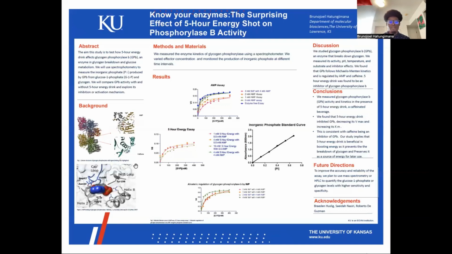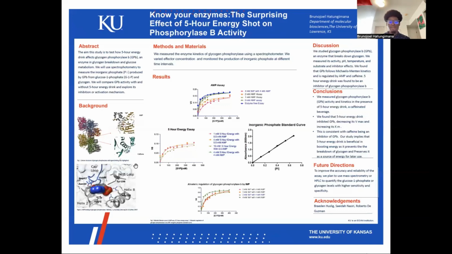Glycogen phosphorylase b has several binding sites that regulate its activity and kinetics: a catalytic site where the substrate and the cofactor pyridoxal phosphate bind, an inhibitory site where glucose 6-phosphate binds and stabilizes the tense state, an AMP site where AMP binds and stabilizes the relaxed state, a glycogen site where glycogen binds and enhances the activity of the enzyme, and a recently discovered allosteric site where caffeine and other compounds bind and modulate the enzyme. In Figure 1, I highlighted the AMP binding site and the allosteric site where caffeine is